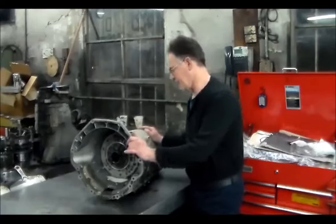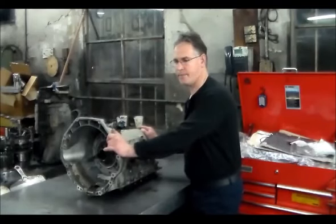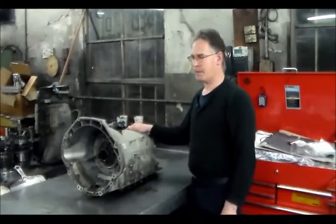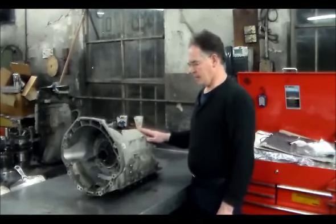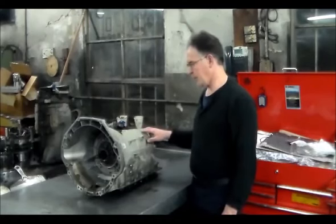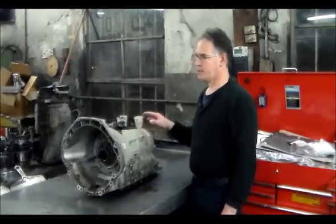All right, the reason why I say that is, first of all, when we got it here, we pushed the car in, started it up, and it's making a heck of a noise, coming right out of the bell housing. Okay, also, when we check the fluid,